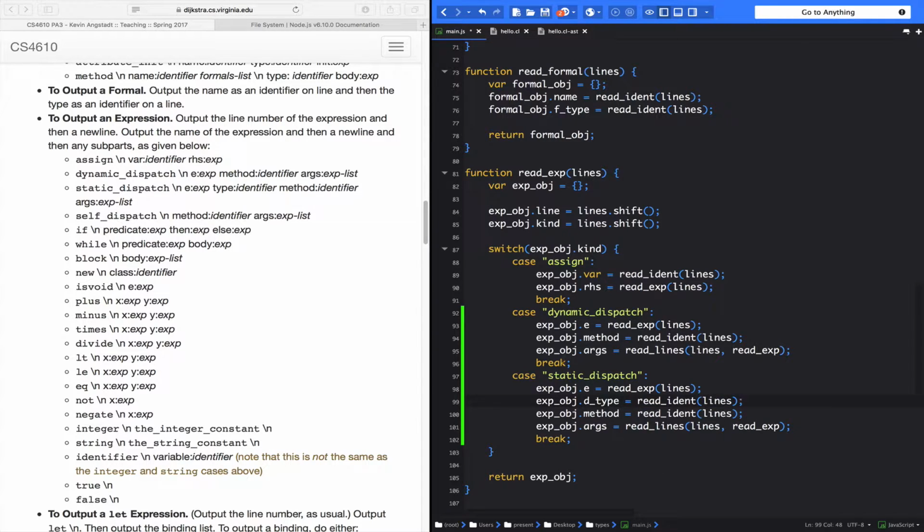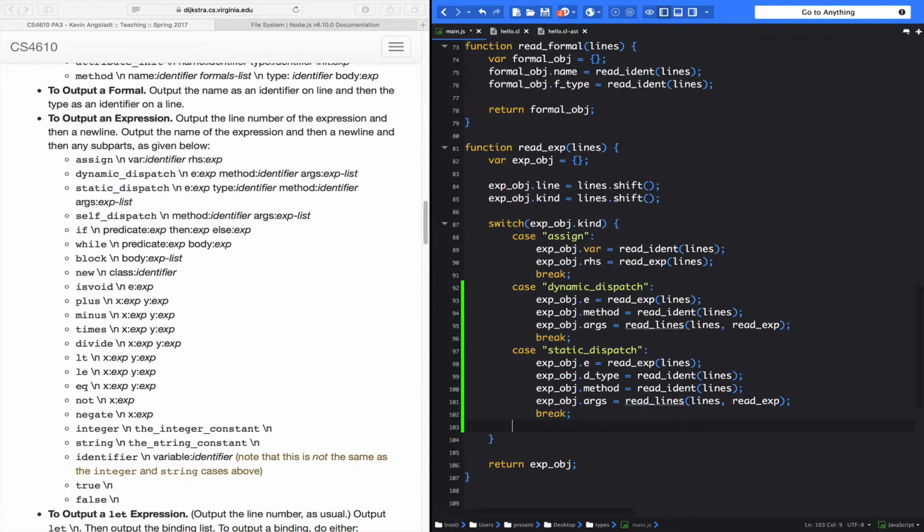So the reason I'm not calling these type everywhere that this happens is when I do type checking, I'm going to be assigning a type to each of these expressions. And at that point, that feels more natural to me of what I would want the type field inside of these objects to actually store. So I'm storing these off to the side slightly here. It's up to you what your final design is. Doesn't particularly matter what you name these as long as you know what they are so that you can call them in the future. Let's also do a self dispatch here,